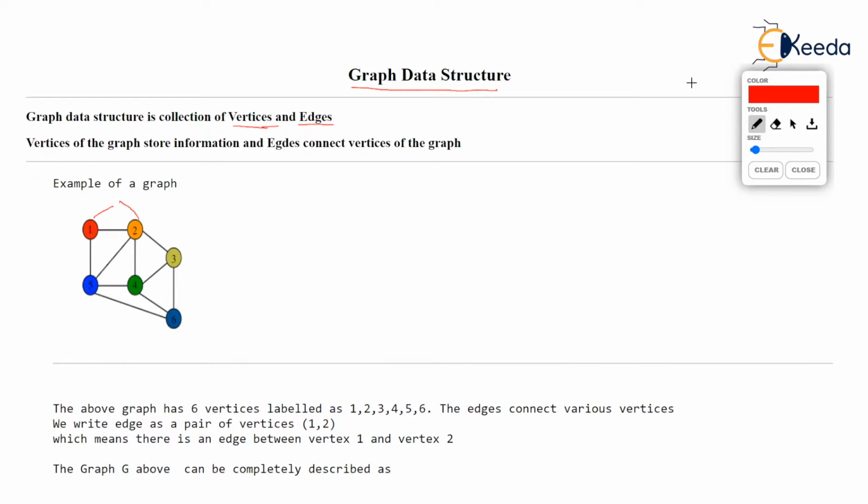And the lines which are connecting these circles are called edges. Okay. You can see that some of the vertices are not connected using edges. For instance, you can observe that vertex 1, this is vertex 1 here, and vertex 4 are not connected using an edge. So some vertices are connected using an edge and some are not connected.